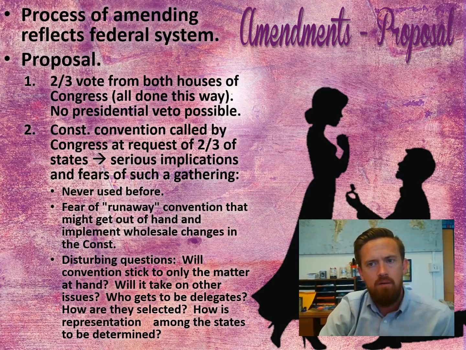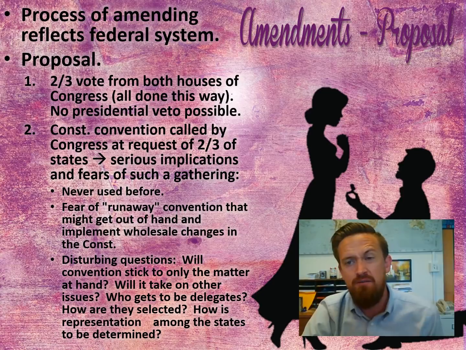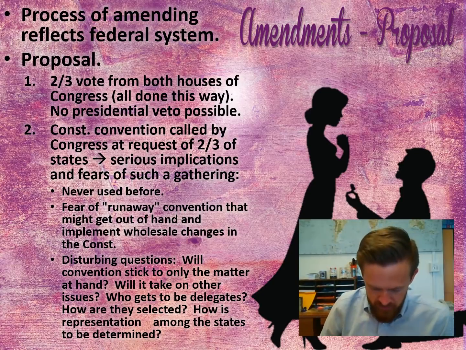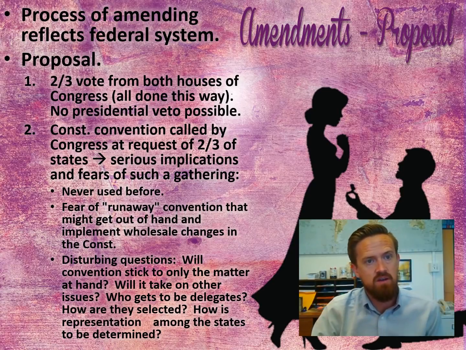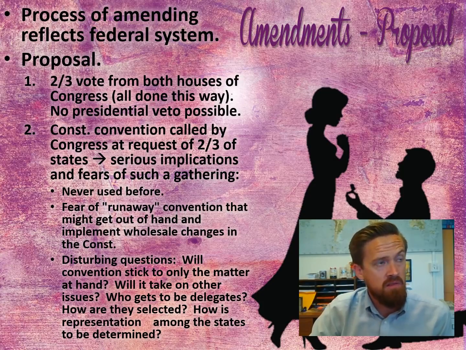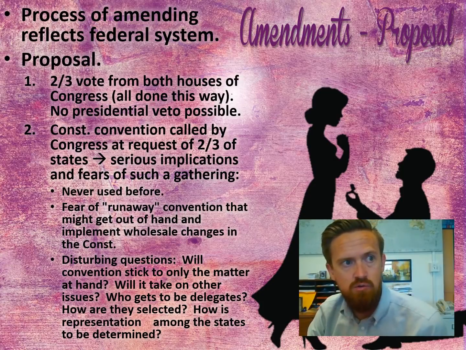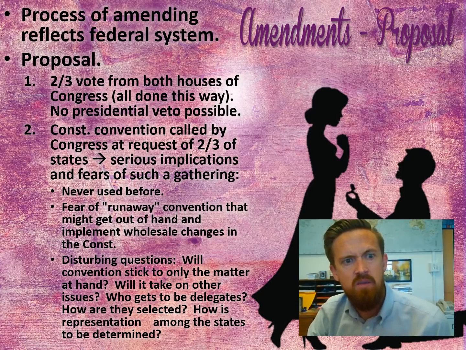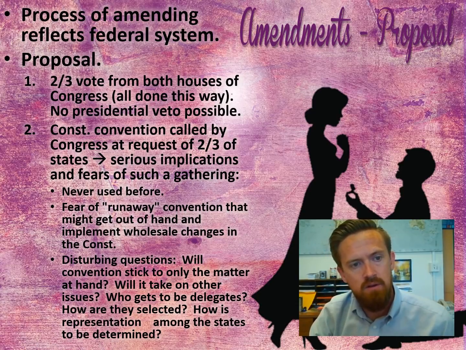Okay, so this is the system for how to formally change the Constitution. Maybe go to the side of your paper and write down, this is formally changing the Constitution. So basically, someone comes up with an idea for an amendment. Let's say an amendment is to ban assault rifles, and automatic and semi-automatic